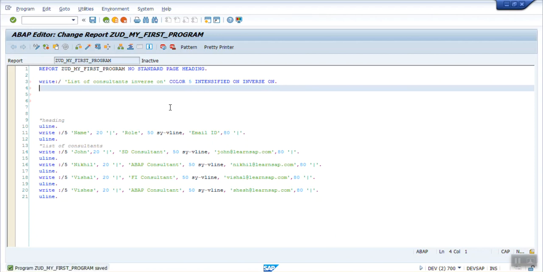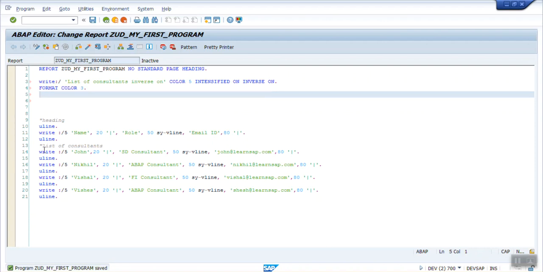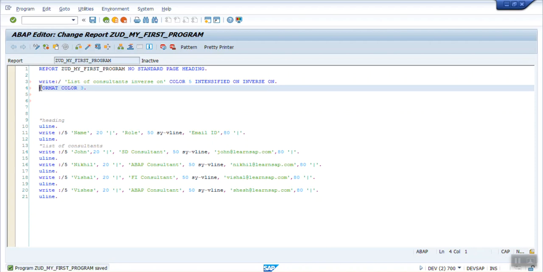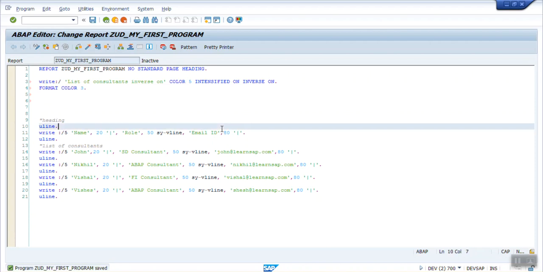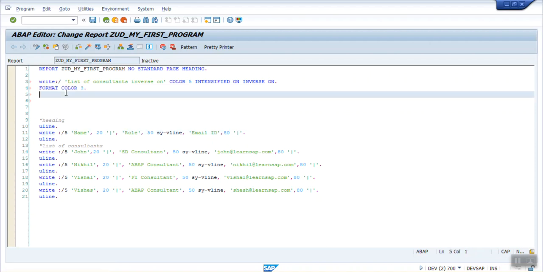Here I will add FORMAT COLOR, let's say 3. If we add FORMAT COLOR, then after that all the lines will have the same color. We don't have to write the color ID individually until we add END FORMAT or FORMAT COLOR OFF. Let's see the impact of this.